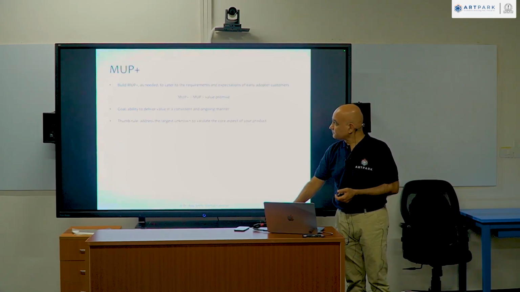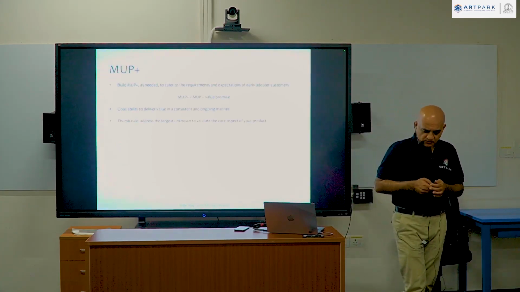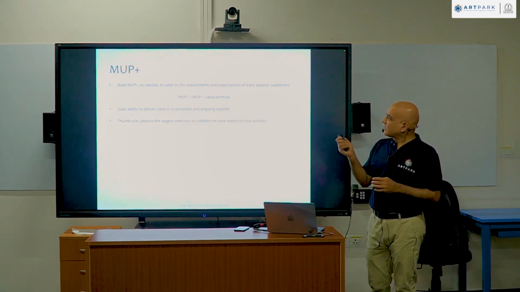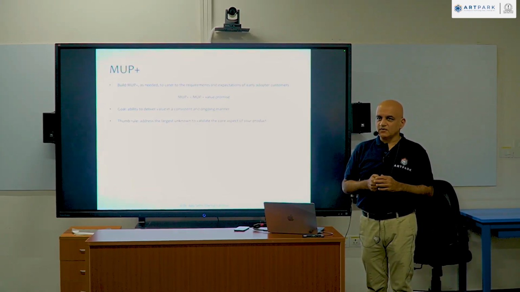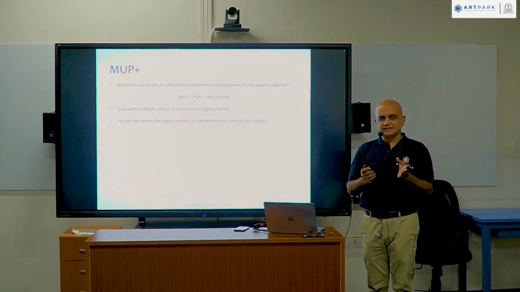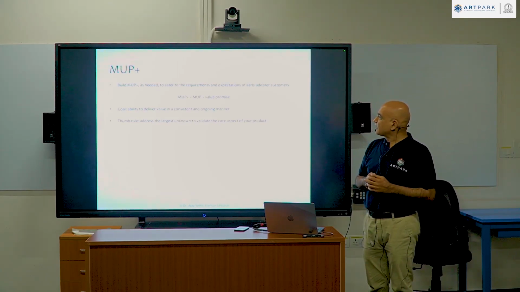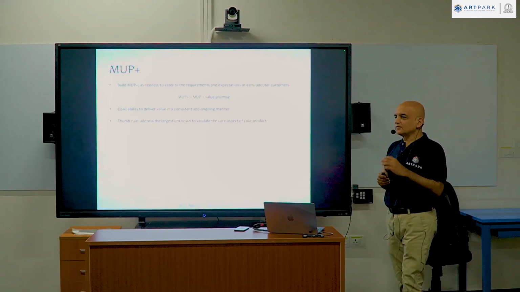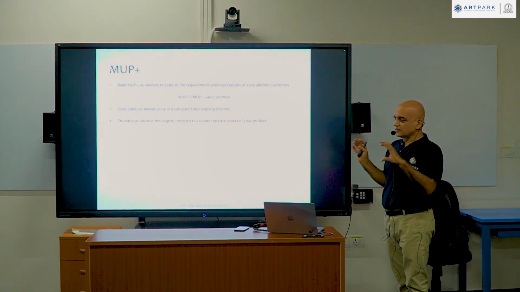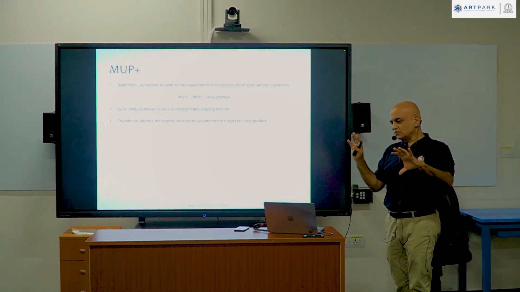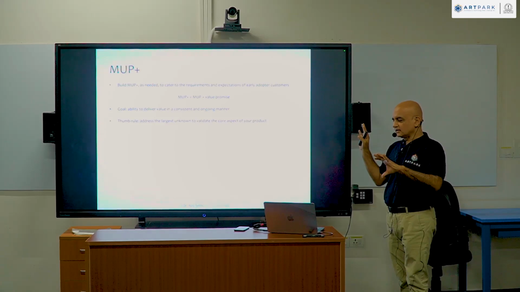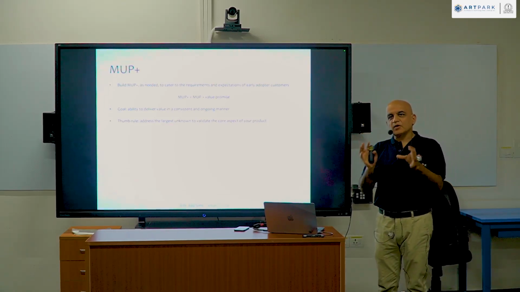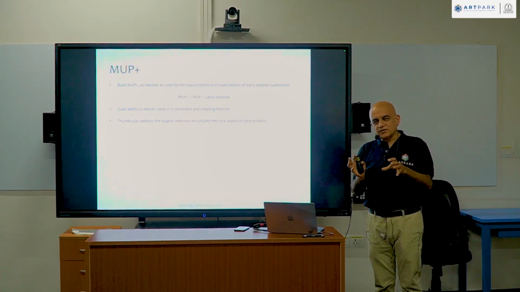Okay, so second part. We talked about MUP, which is minimum unbundled product, last time. Now you need to go one step forward from there, which is MUP plus. What is this plus? Plus is the value promise. So what you need to do from the first time to now, from innovators to early majority, early adopters, is basically make a promise. The reason you need to make a promise is